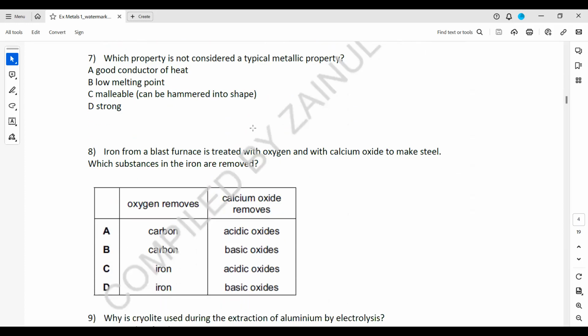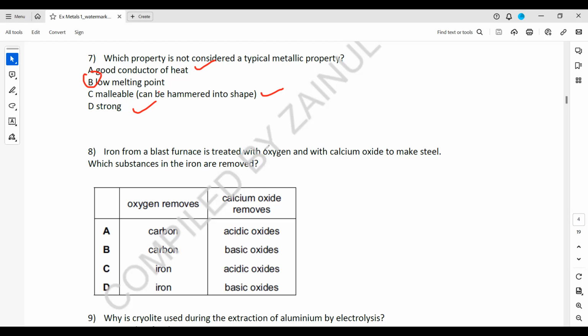In question 7, which property is not considered as a typical metallic property? Good conductor of heat, metallic property. Malleable, hammered into shape, strong, metallic. But low melting point is not metallic. Even the group 1 alkali metals have low melting point. But what are the typical properties of the metal? They usually have a high melting point because of strong electrostatic attraction between the